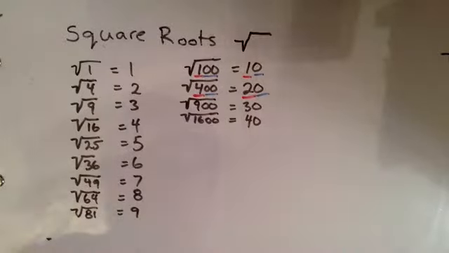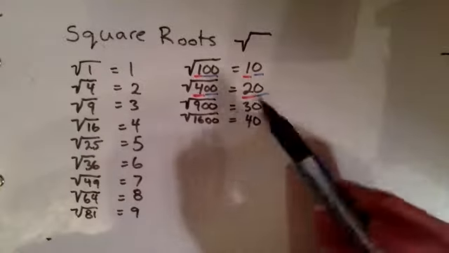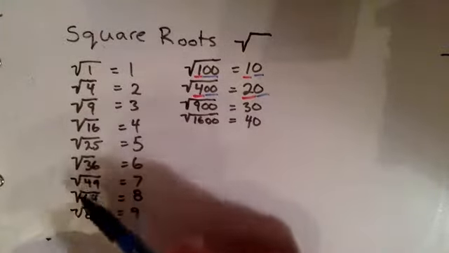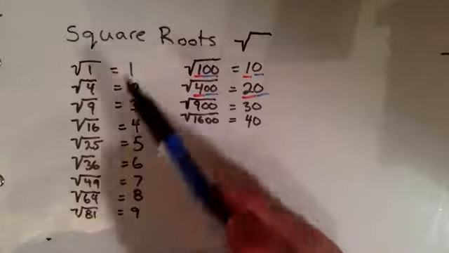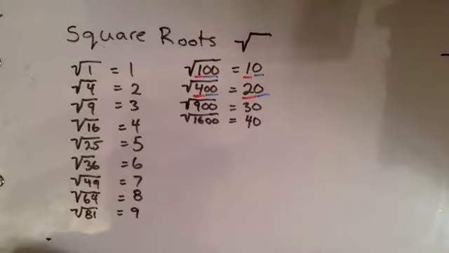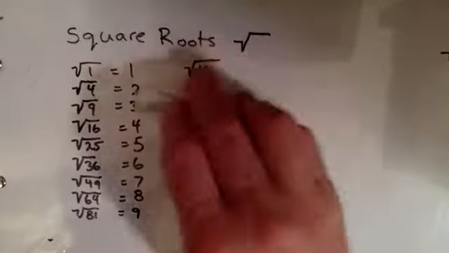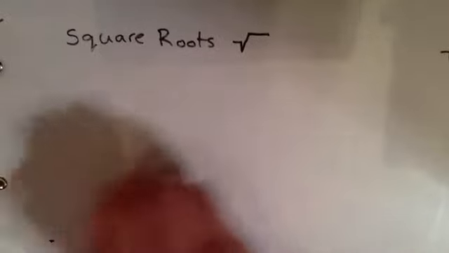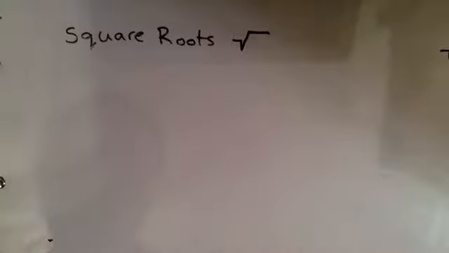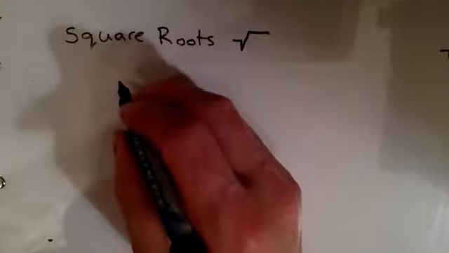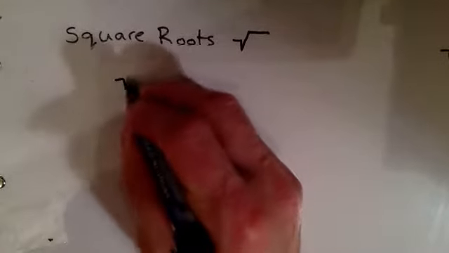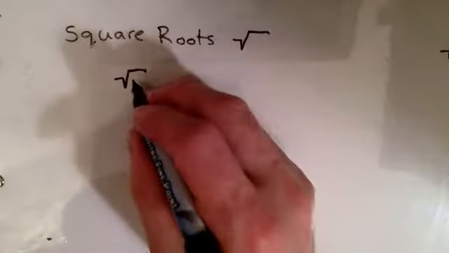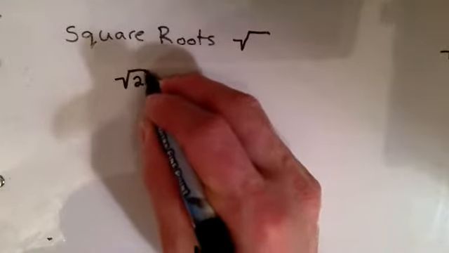But we're not always going to have what are called perfect squares. All of these numbers here are what are considered perfect squares, so they can always go down to a whole number. Sometimes you'll be given the square root of a non-perfect square. For example, if I was asked to find the square root of 21, how would I